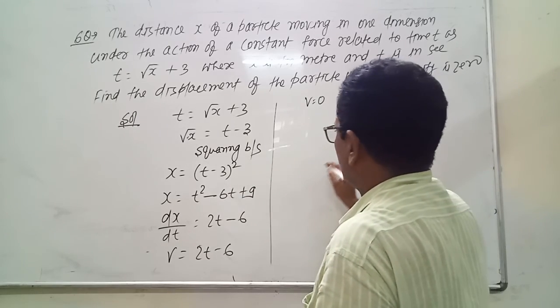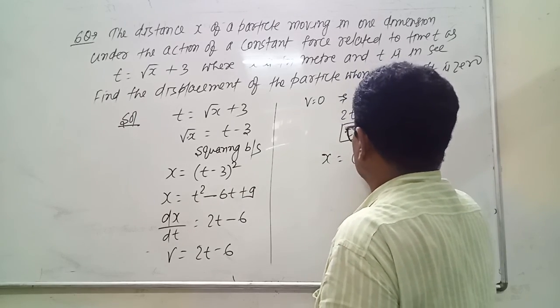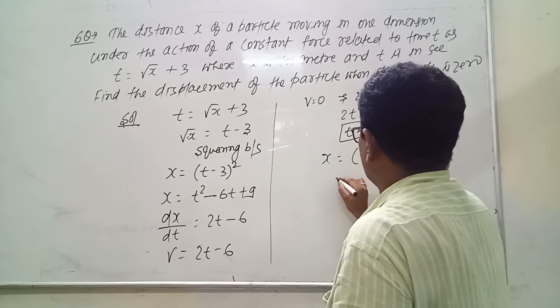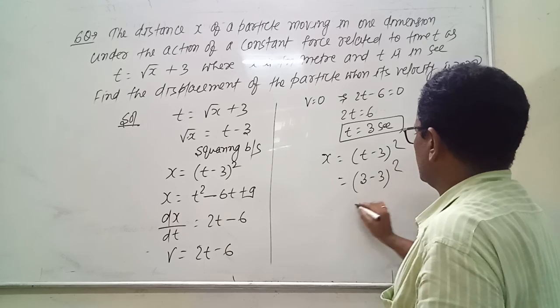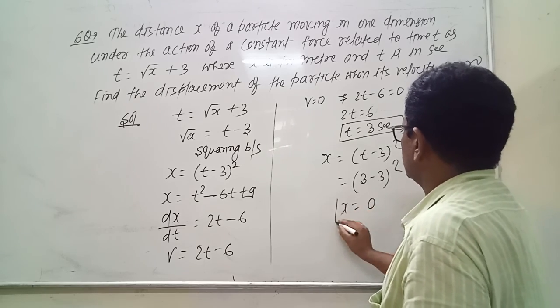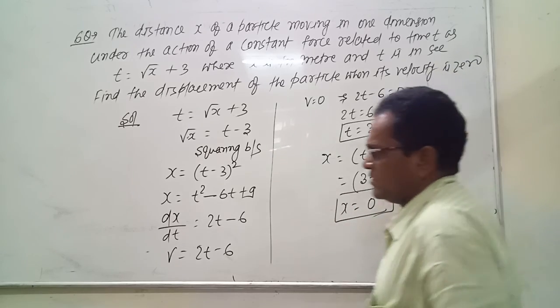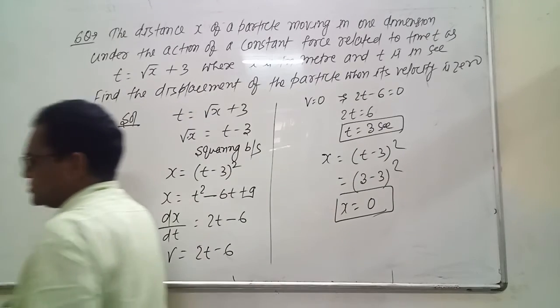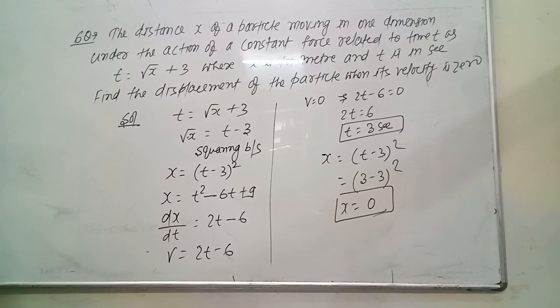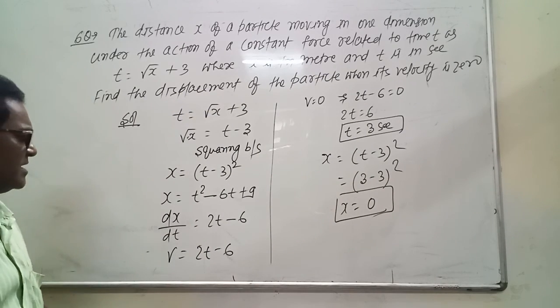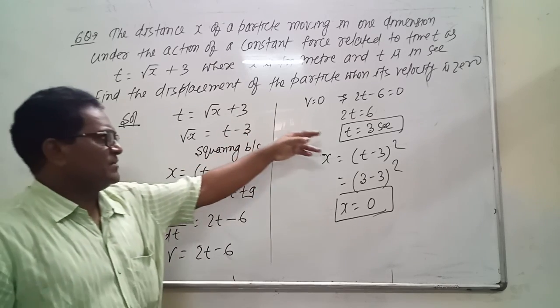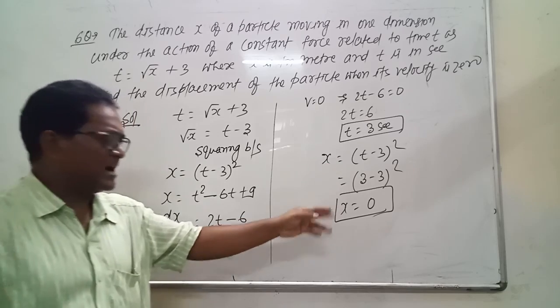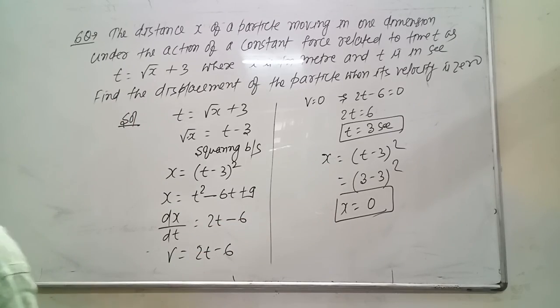The expression for displacement was x equals (t minus 3) the whole squared. Put the value of t as 3. So (3 minus 3) the whole squared becomes 0. So the displacement becomes 0 when its velocity is 0. When dx/dt was 0, then we calculated the time and we found the displacement by putting the value of